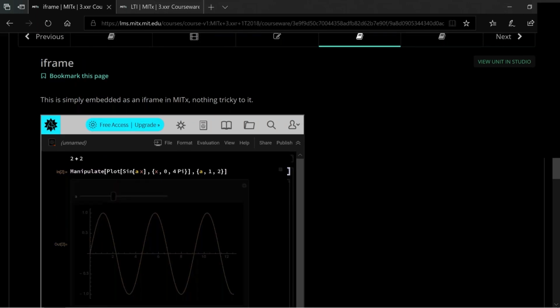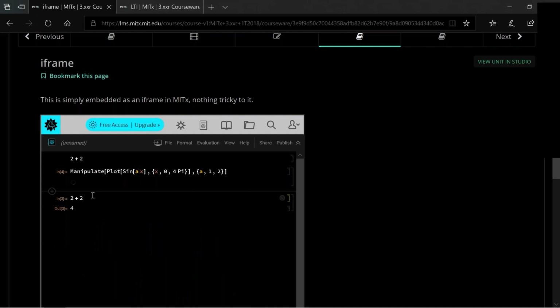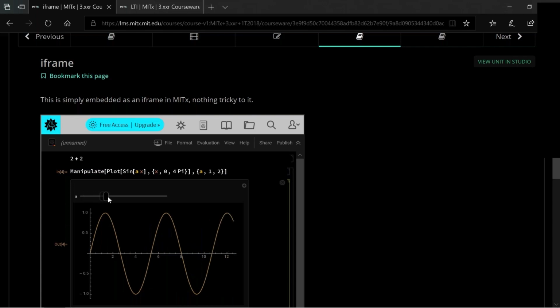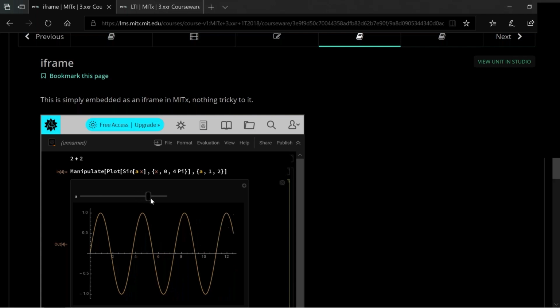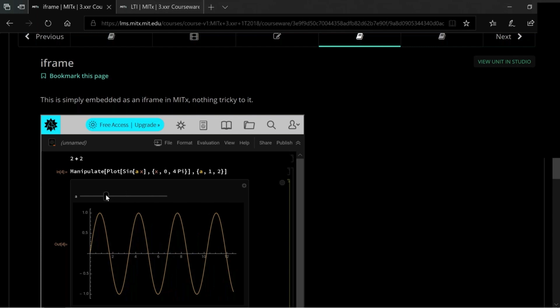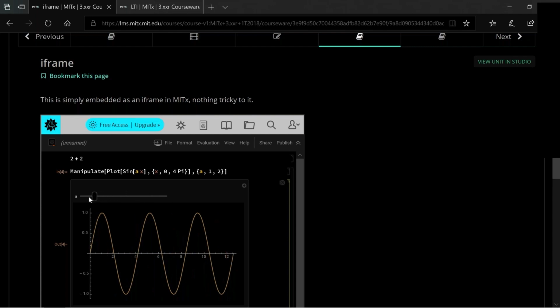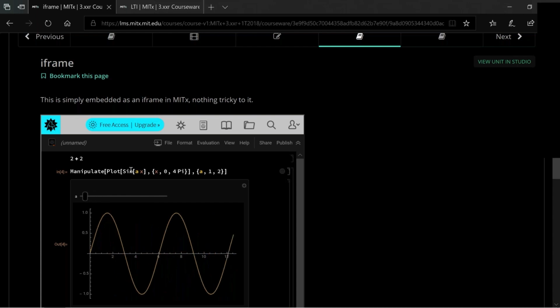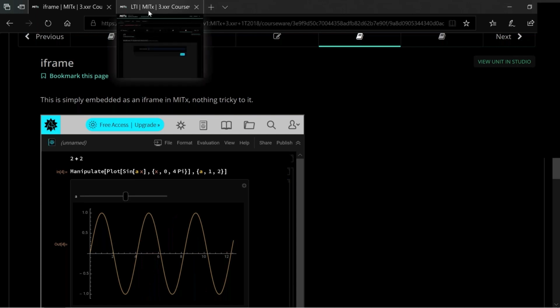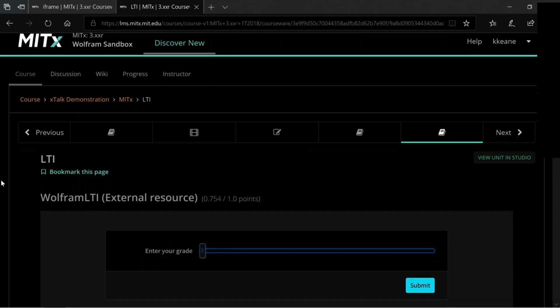So I can give them examples of things such as creating a Manipulate to study the different frequencies and what it means to increase or decrease the frequency of a periodic function, and they can get that same interactivity inside of the class. So in our Physics 101 and 102 courses, we have them create these interactives so that they can study the relationship between something as simple as sine of a frequency times x and look at what changing that frequency does. The second way that we use notebooks inside of these online courses is using an LTI framework, which means